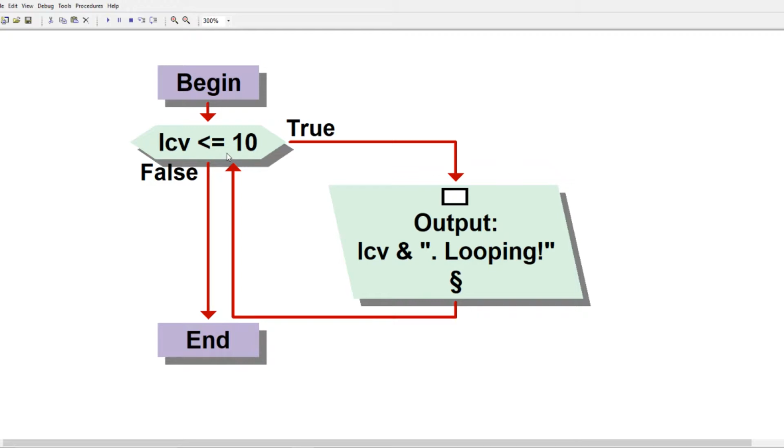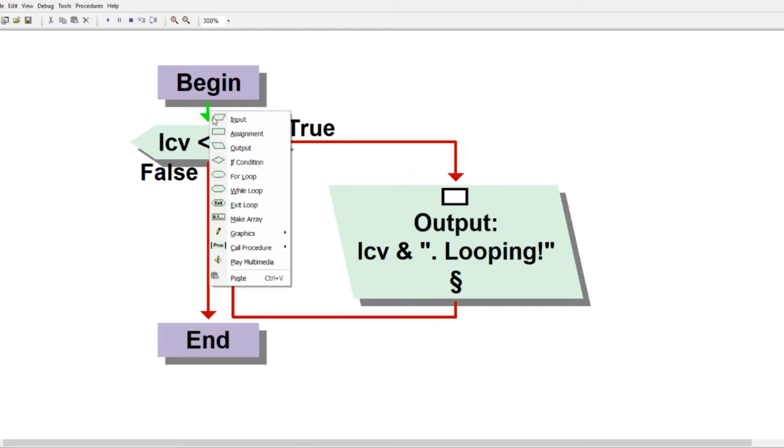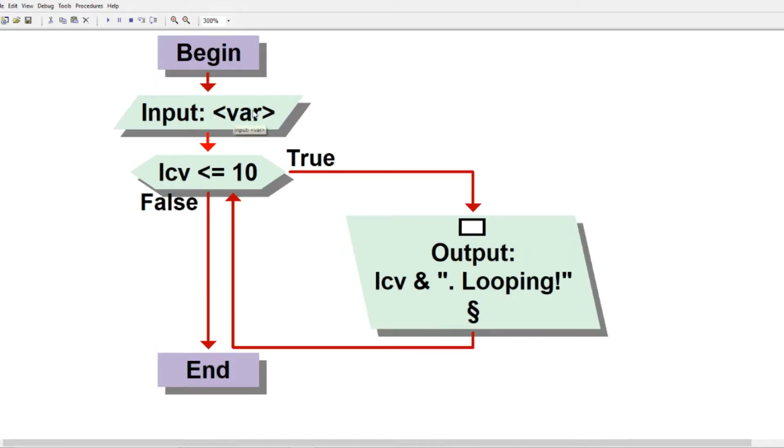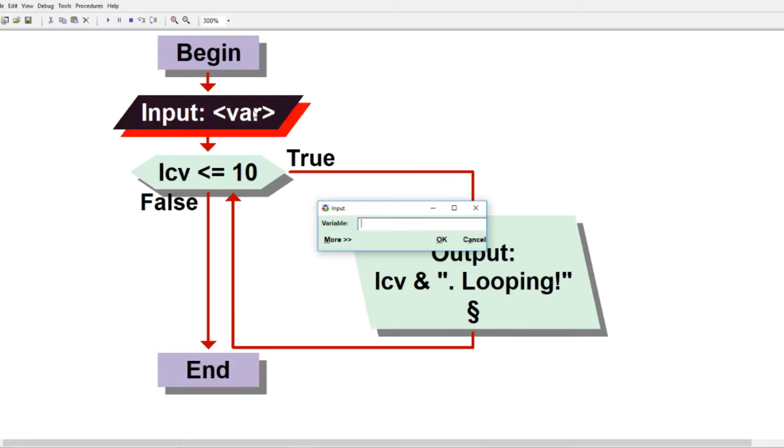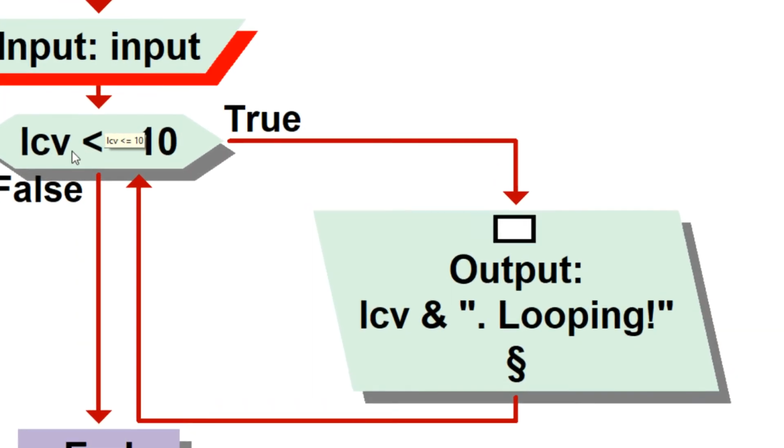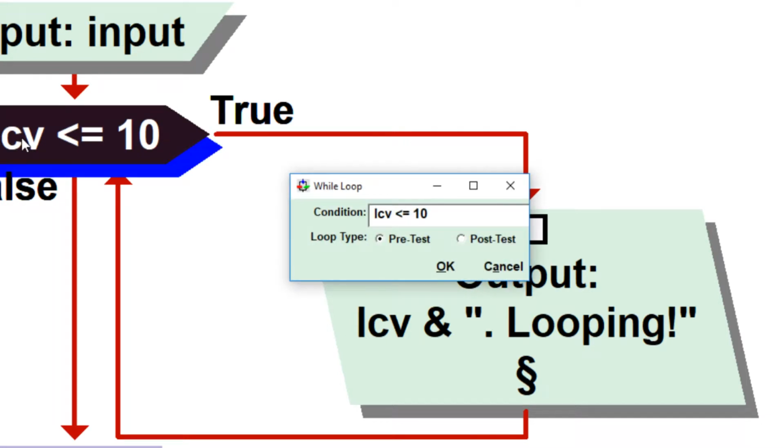So what we're going to do is read in some input from the user. I'm going to prompt the user for some input, and I'm going to name this variable input. And the user will enter a value. And what we're basically going to do then is say, look, if input